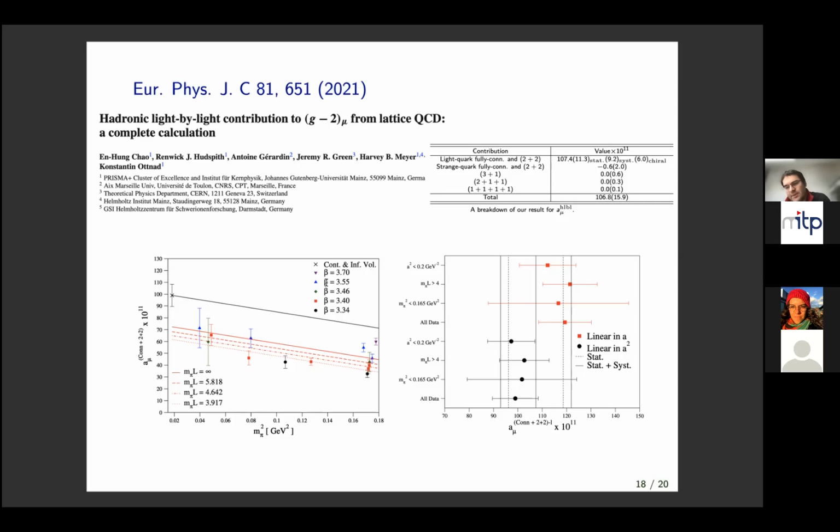Then finally, maybe one thing that as far as I know, the Mainz group is now focusing on is, in here you see that there's still a bit of an extrapolation to the physical pion mass. And these things are, particularly because they're dominated by pion poles, quite sensitive to the pion mass. So this would clearly consolidate these results a little bit if one were to also include simulations at lighter pion mass. And that is also ongoing.